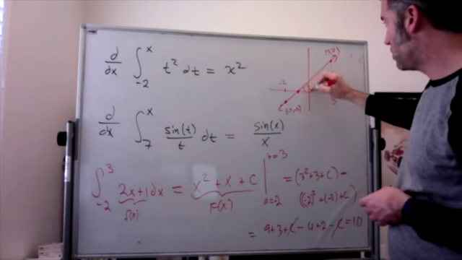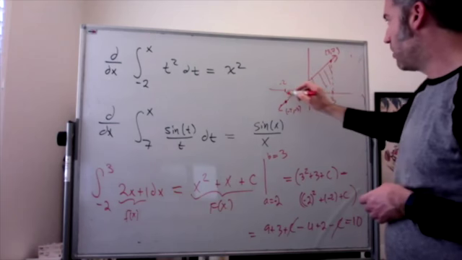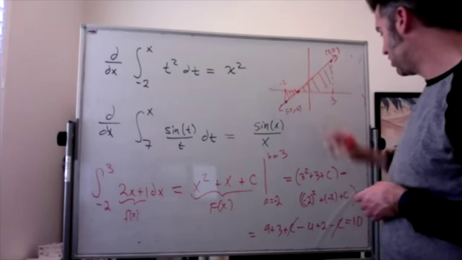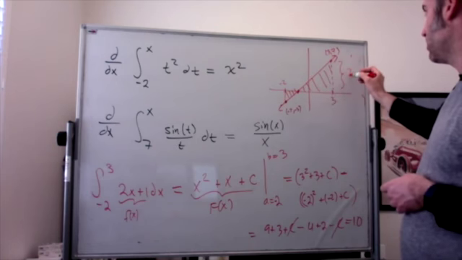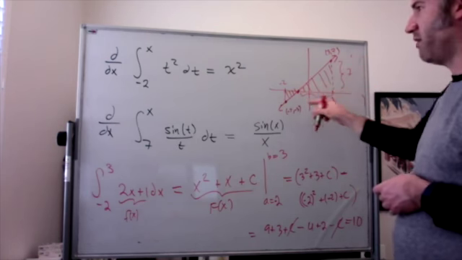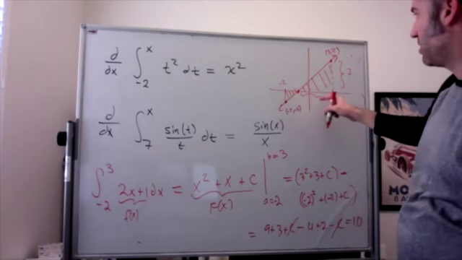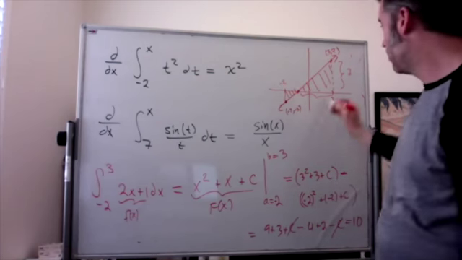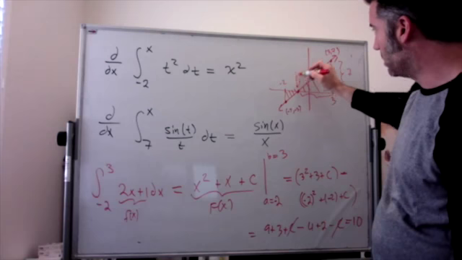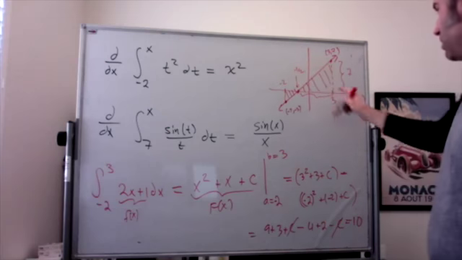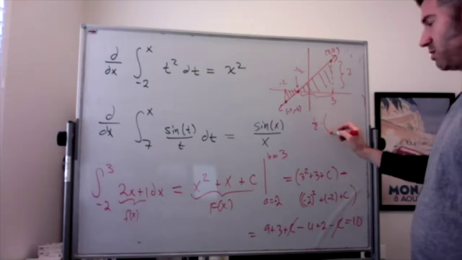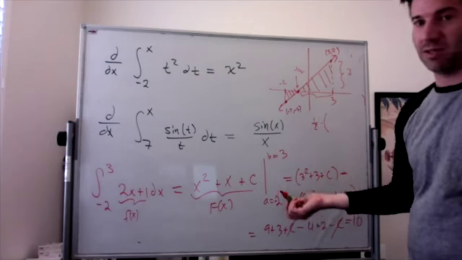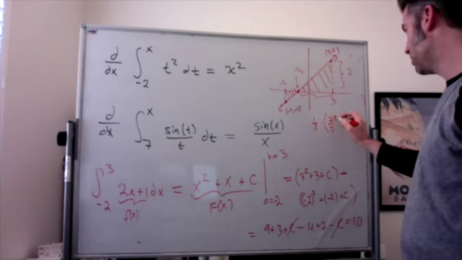So this triangle here minus this triangle here, which this triangle here has a height of 7, a base of, I have to find that intercept. It's going to be a base of 3.5, right? Because that point there is -1/2. So the area of this triangle is 1/2 the base, which is 3.5, which is 7/2 times 7,